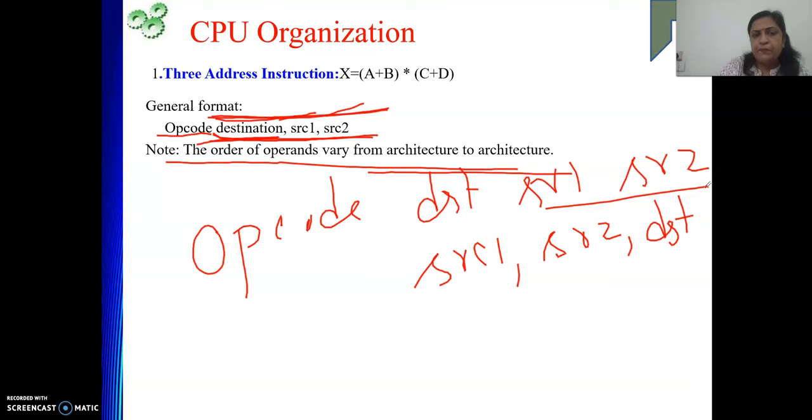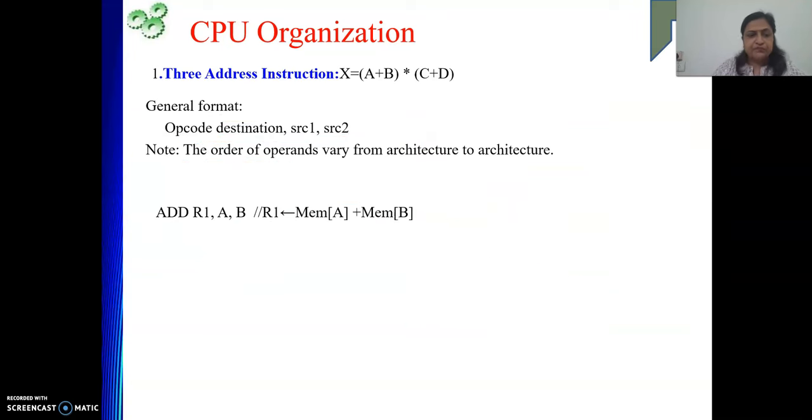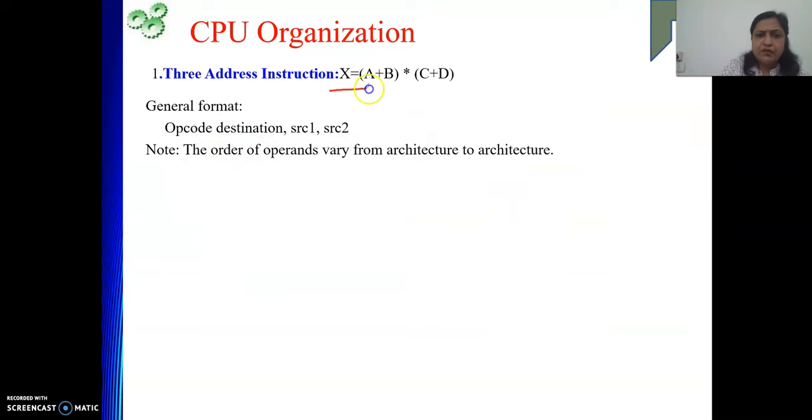While solving a problem, we should not follow both of them at the same time, otherwise it will be a meaningless solution, right? So either we follow this or we follow that. That's all. Now let me start. So the problem is what? This one we need to solve. Whenever we need to solve this expression, first what will we do?